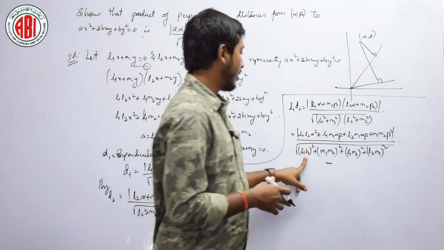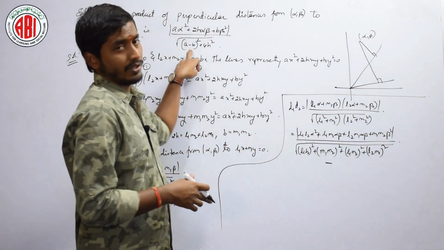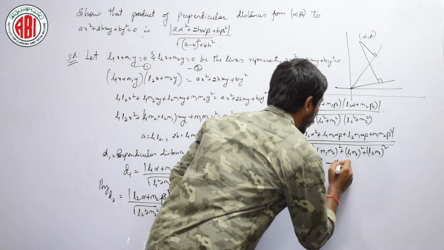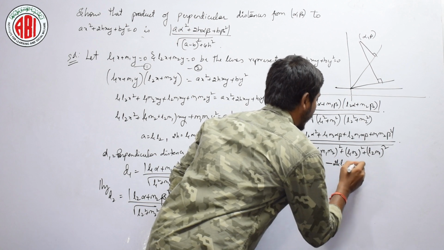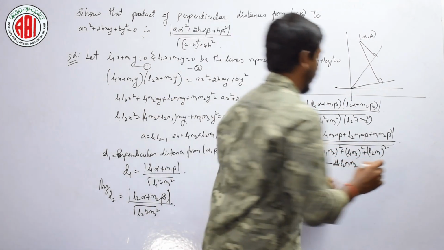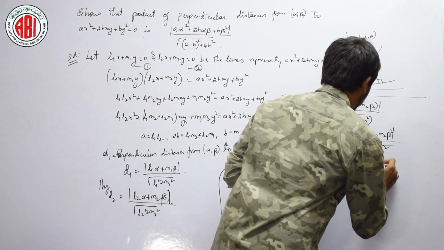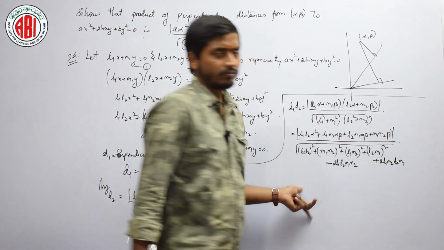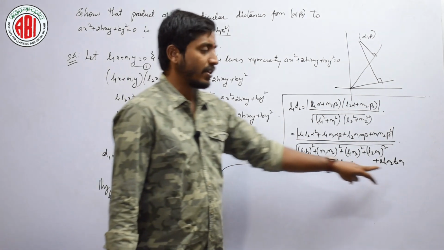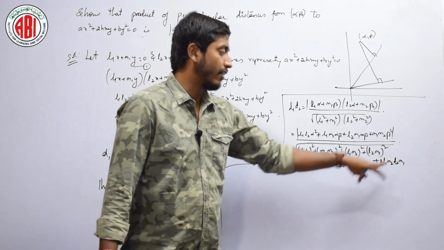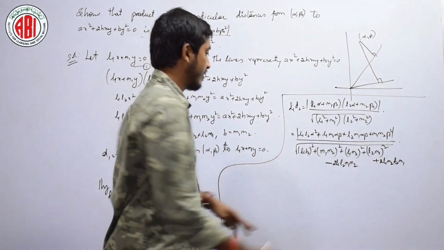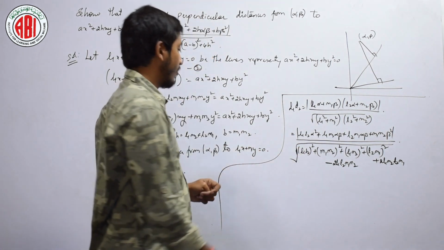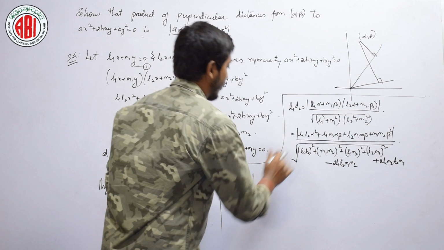What is L1 plus L2? That is A. I want (A minus B) whole square, that is A square plus B square minus 2 L1 L2 M1 M2. Now, what is to be added here? This is nothing but 2 L1 M2 L2 M1. Is it right? Both the terms are the same, right? 2 L1 L2 M1 M2, L1 L2 M1 M2. Everything is under a single square root. Is it right?